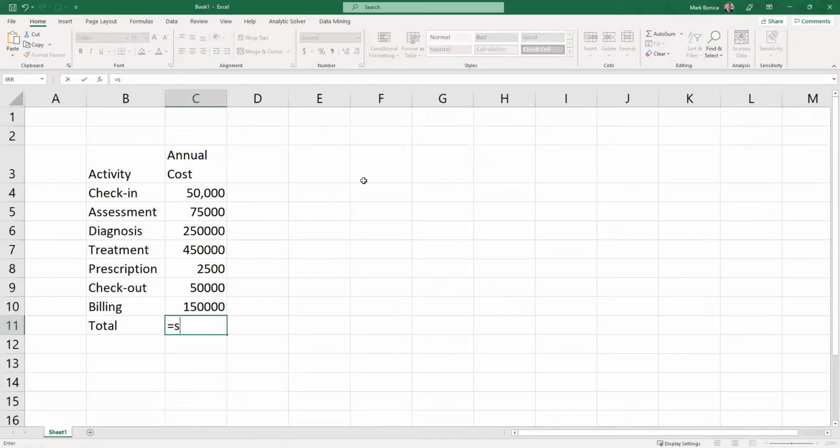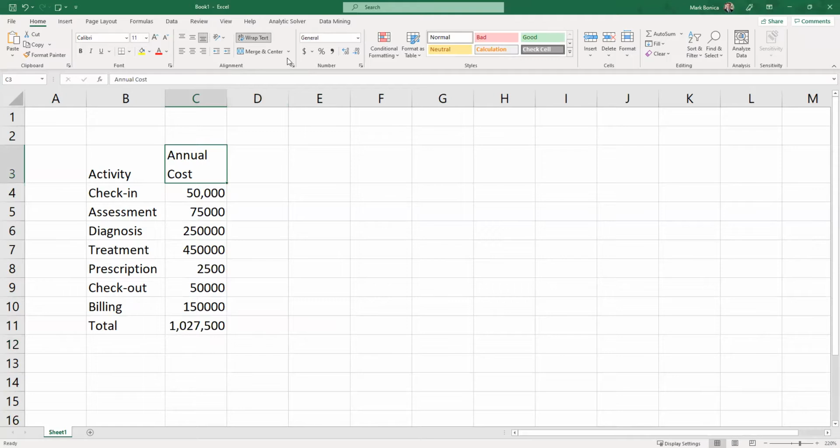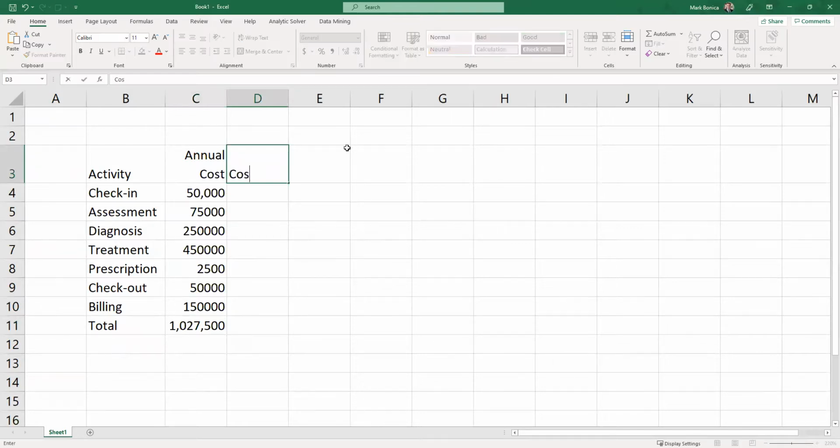And so our total is 1.027. Sorry, this is our combined audiology and ENT clinic. Sorry, I'm getting ahead of my own game here. So this is not a primary care facility. We're still actually working in the world of our previous example, our combined audiology and ENT clinic. We're just now going to use ABC to allocate the 1.27 million in costs. So a cost driver in this case,